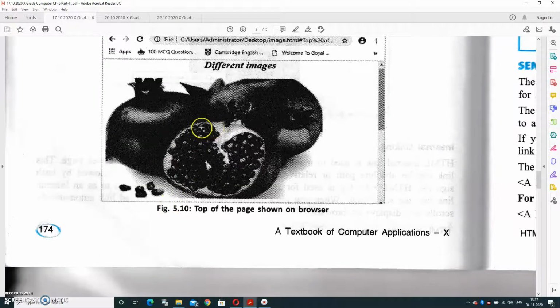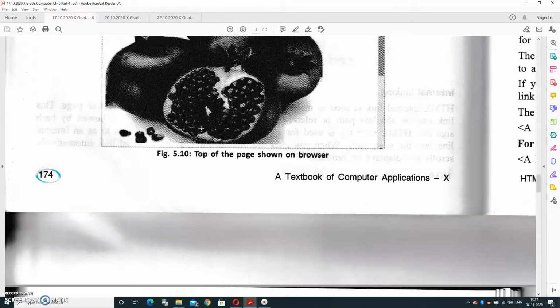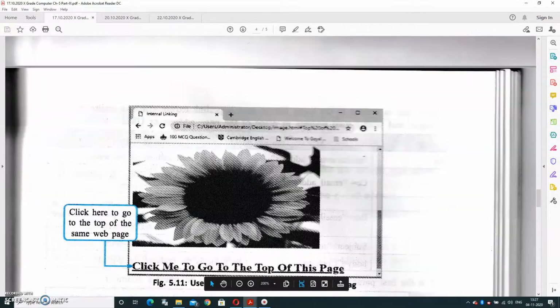Automatically it will move upward. It means it will display this part. I hope things are clear. It means on the same web page 2 images are there. When we go down, at the bottom we have prepared the link "click me to go to the top of this page", and we have linked the link with the top of the page.